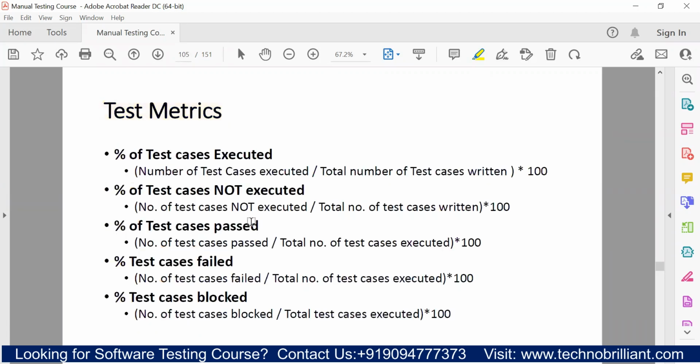So for that we have simple formulas, and from the management side they'll be calculating these different percentages. It is called the test matrix. The first one is the number of test cases executed. It's a simple formula: number of test cases executed upon number of test cases written, multiplied by 100. In our situation we have written 100 test cases and executed all 100,